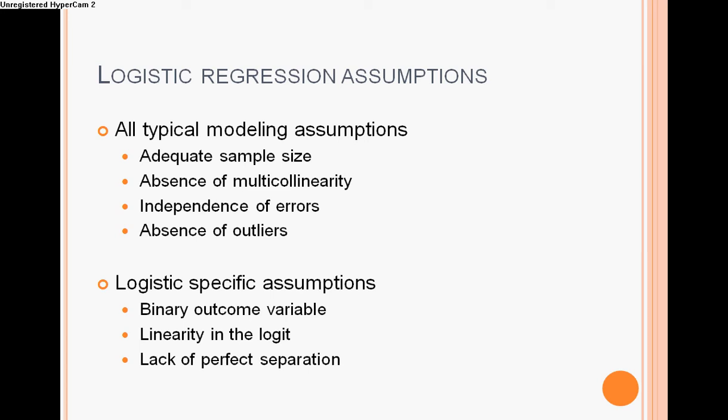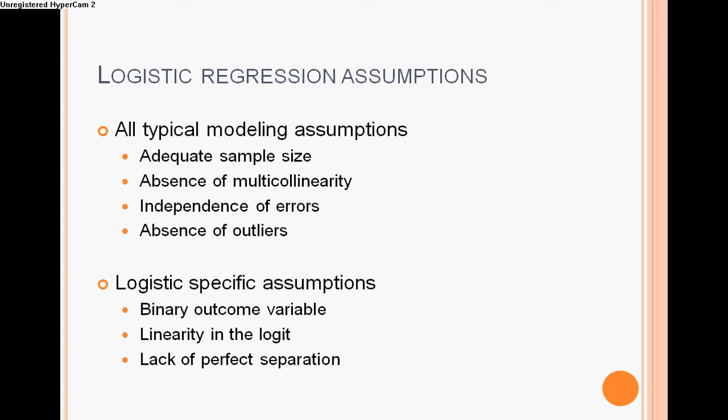Specifically, you want to be sure you have a binary outcome variable, unless of course you're doing a binomial model, which I won't be talking about today, and that's logistic regression is a specific case of the larger binomial family of generalized linear models. You also don't really need to have linearity as you would in ordinary least squares regression